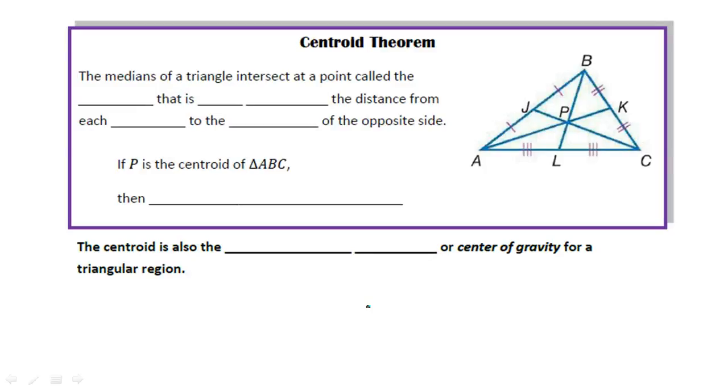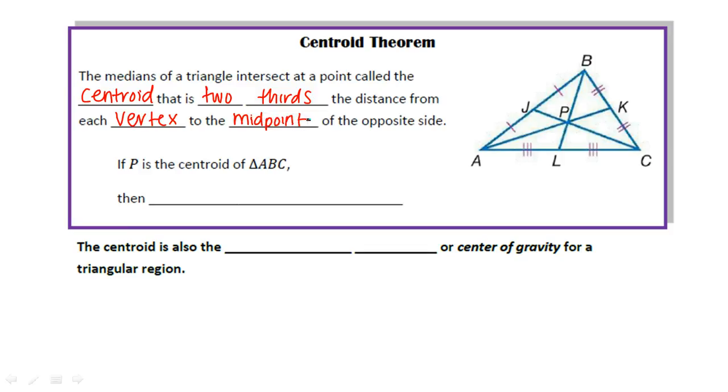Just like the segments we learned about last class, medians will have a point of concurrency. The medians of a triangle intersect at a point called the centroid. That is 2/3 the distance from each vertex